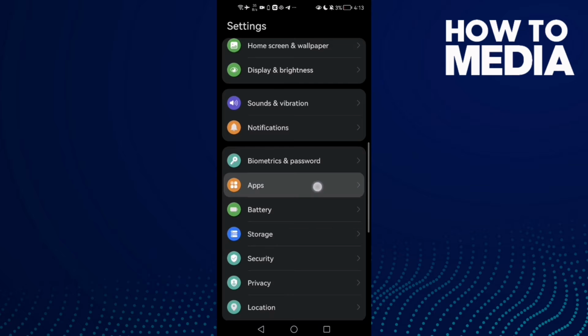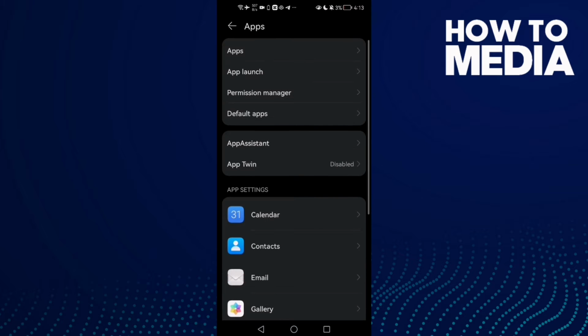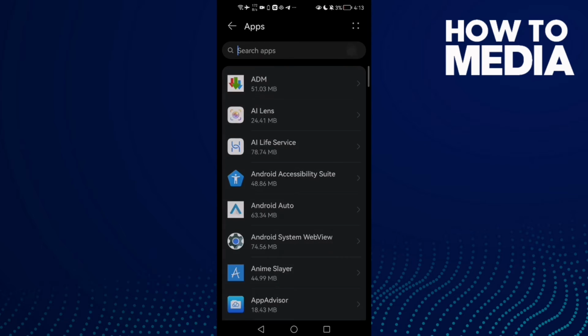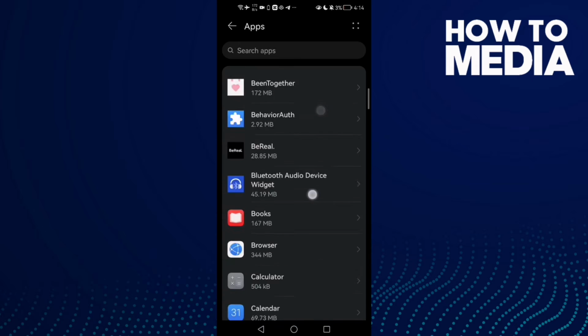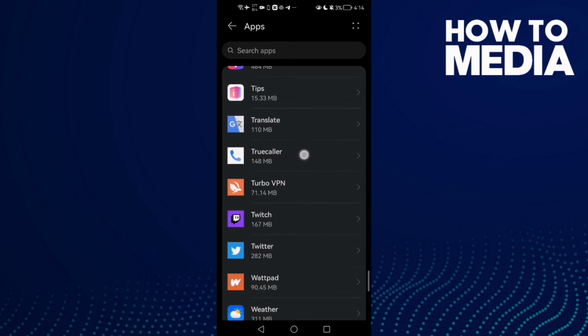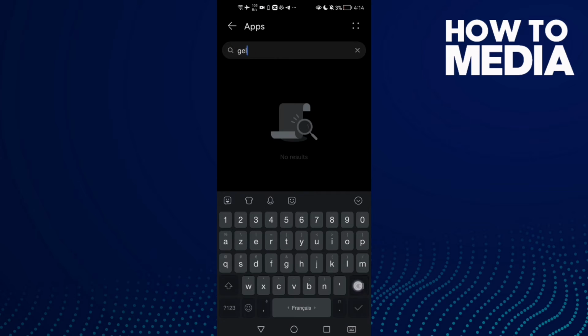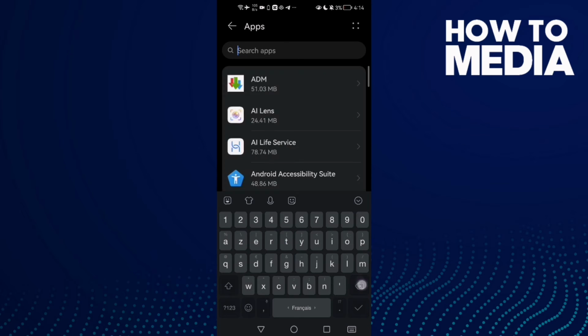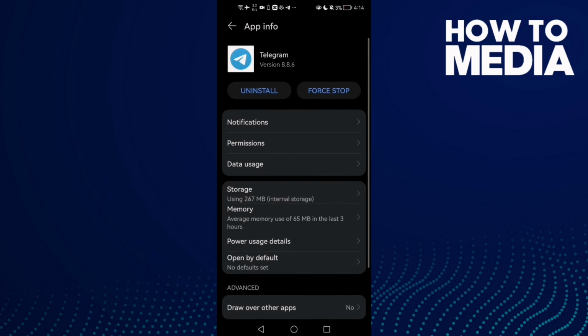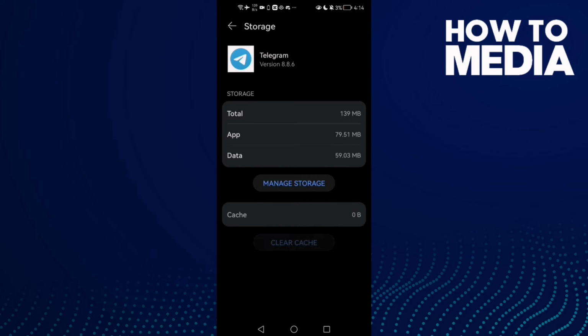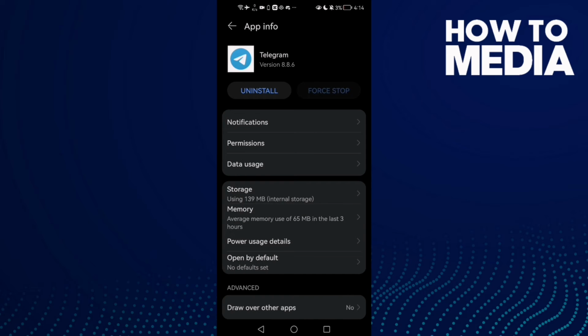Then click apps, and then apps or applications, and once you're here, all you need to do is scroll all the way down until you find Telegram, or you can just type it. After that click on it and then click stop, and now click storage, clear cache, and then click